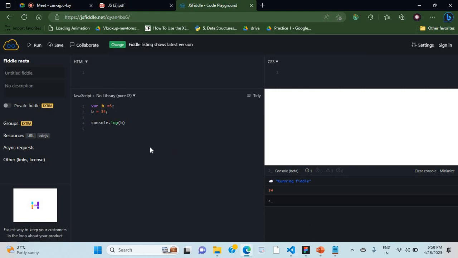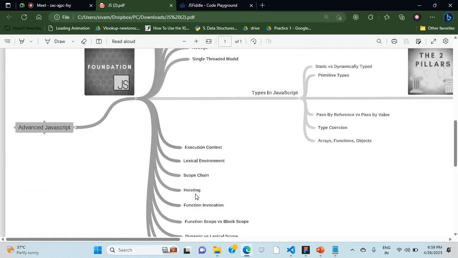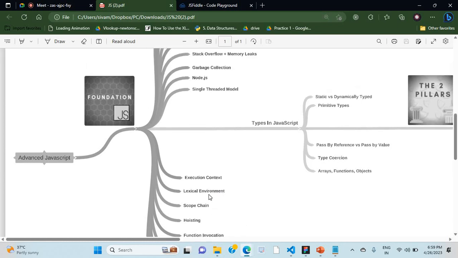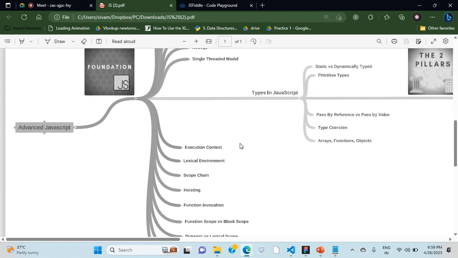So see everyone, we are done with three concepts right now. First one is hoisting, to declare the variable at the top of the lexical environment. Then the code executes step by step, line by line. And the execution context, I will tell you what this execution context is. And one more,